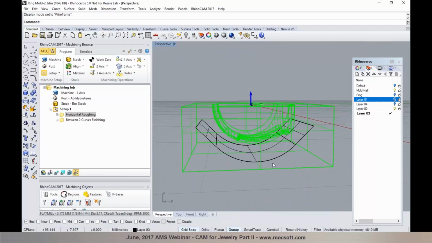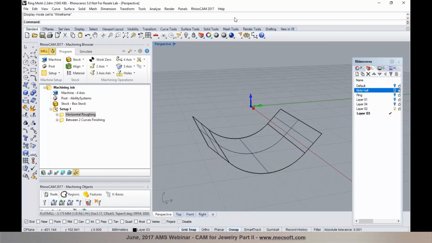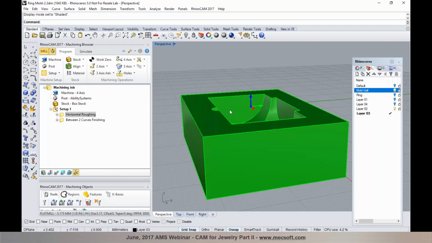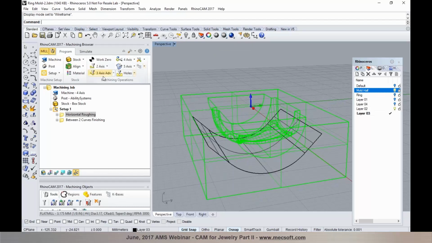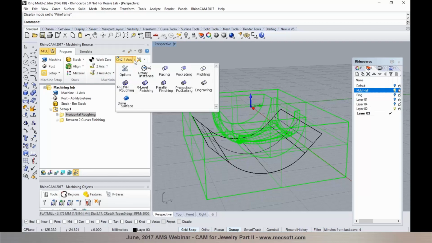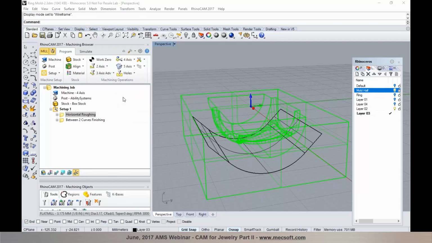As you can see, this surface right in here, I have it on a different layer, and you'll notice that this surface is normal to the axis of rotation, and I'm going to use this surface as my drive surface, so the tool remains normal to the surface, but it's going to be following or projected to this cavity of the mold. So to program the drive surface machining, I would go into the 4-axis methods and choose drive surface,